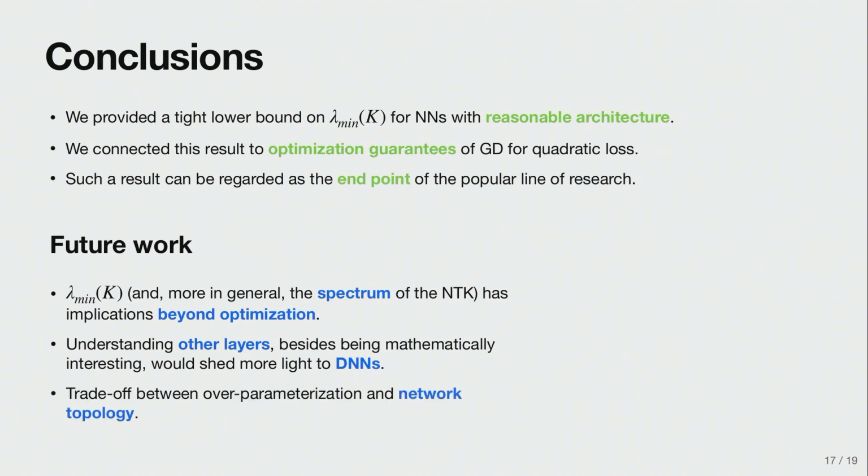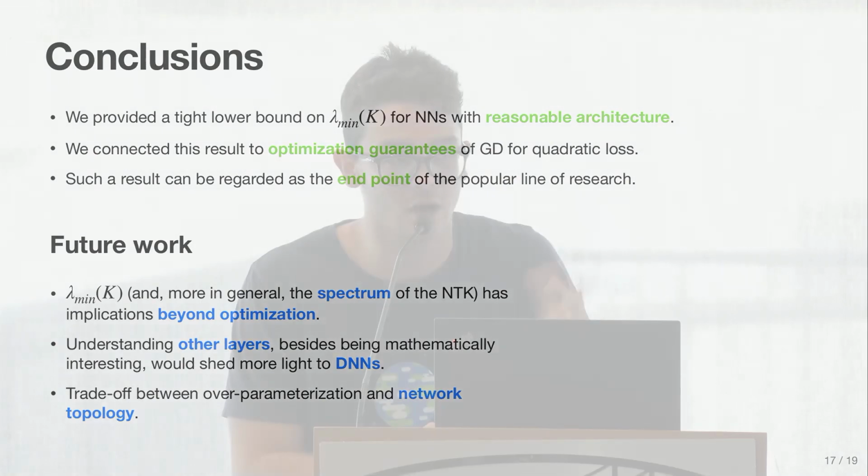And an assumption that I didn't mention and is a little bit hidden is that I require my network to not get too wide as I get deeper and deeper. And this we call loose pyramidal topology. And this can be relaxed, but the price to pay is that we would have to use a higher degree of overparameterization. So there is the feeling that there is a trade-off between the shape of the network that we're using and the overparameterization we need to have these guarantees. So this interplay, in my opinion, is extremely interesting.